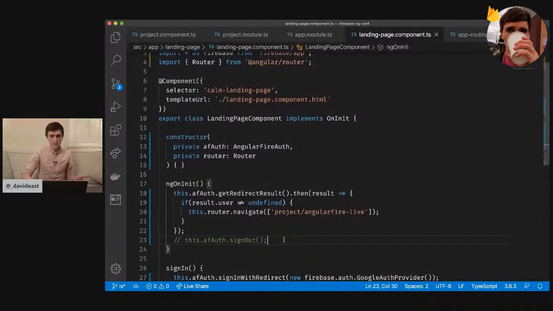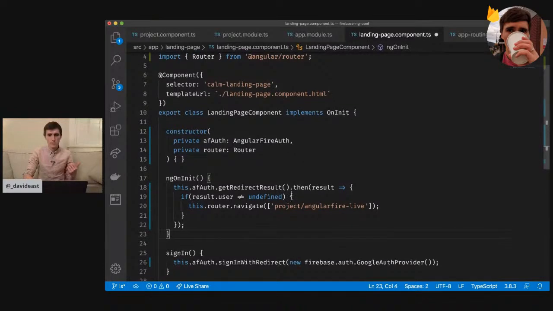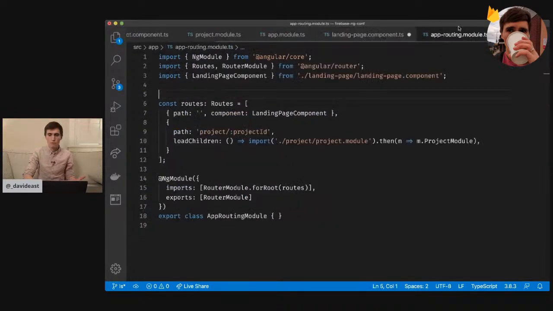So now we're back in. See, I was calling sign out down here. And what we want to do now is go into our app routing module. And so in app routing, since we're in an app component, we have all the modules we need imported. We'll say import from